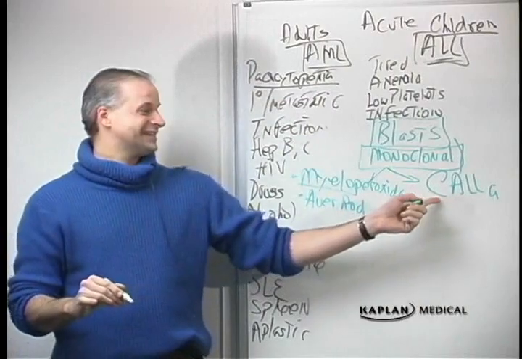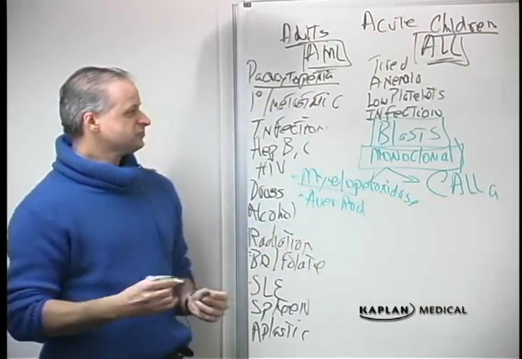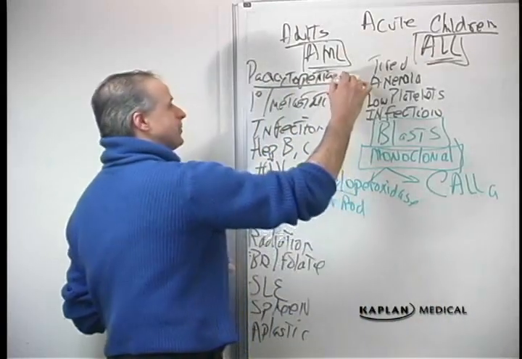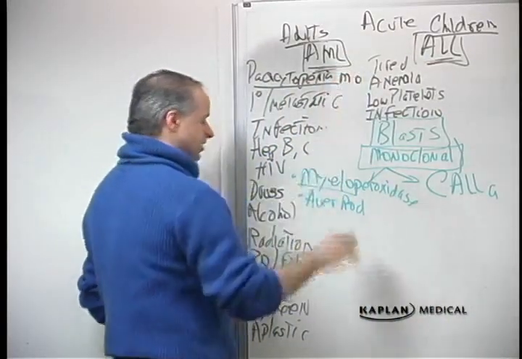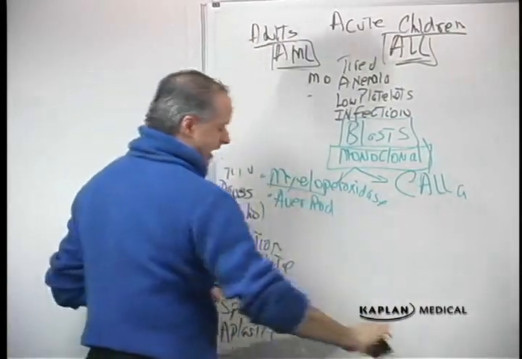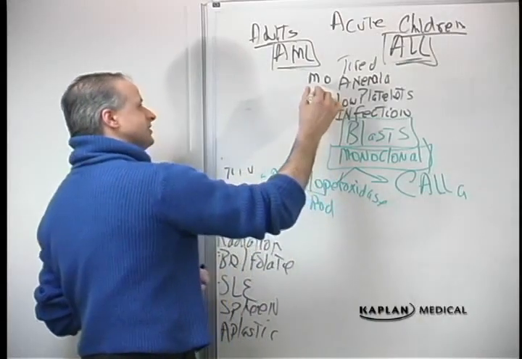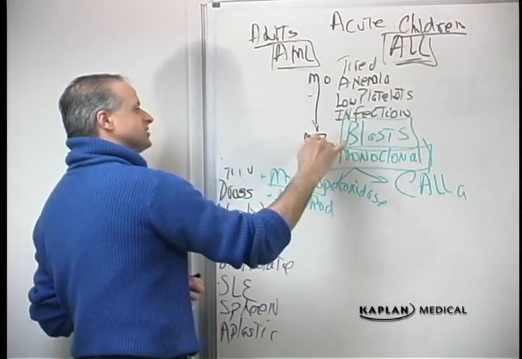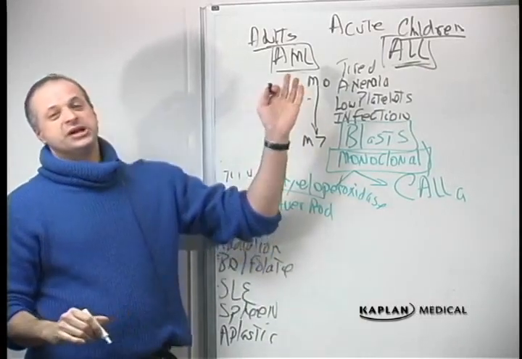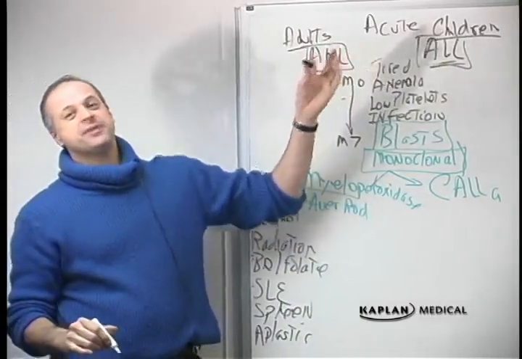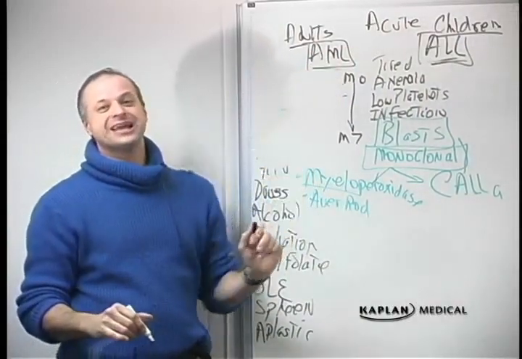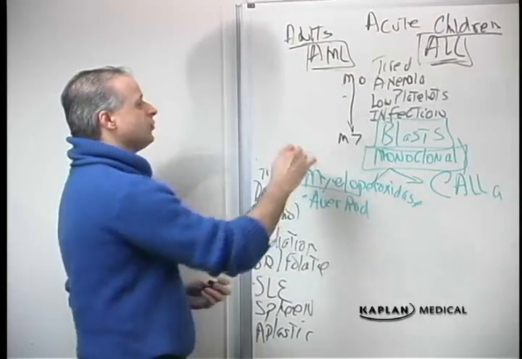And that's why it's in ALL. Now, some of you may know that there are 8 separate types of acute myelogenous leukemia: myelodysplastic, myelomonocytic, monocytic. There's 8 separate types, M0 to M7. And anybody who makes you learn the difference between the myeloblastic, undifferentiated, myeloblastic with differentiated, promyelocytic, myelomonocytic, monocytic, erythroleukemia, megakaryocytic leukemia, you should run away.